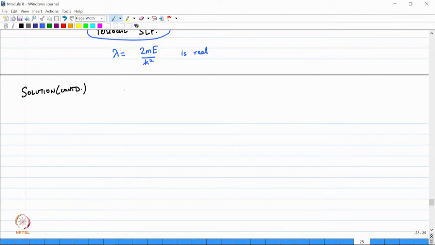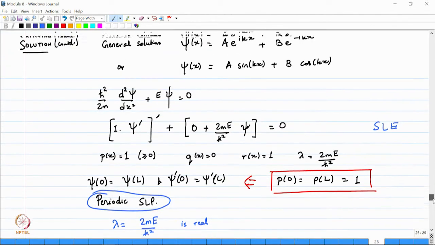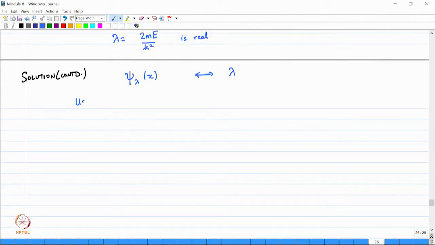So, you can have solutions psi lambda of x corresponding to eigenvalue lambda, and basically you can have different values of E, and each of those will be orthogonal. You need your psi lambda of x to satisfy the boundary conditions. Now, we saw that in general you can write psi of x in this form, e raised to I kx. So now psi 0 equal to psi L